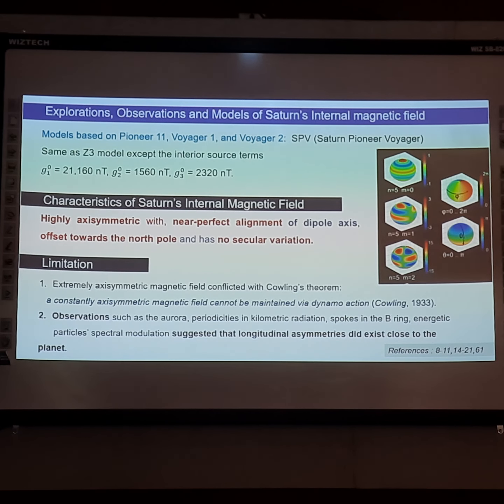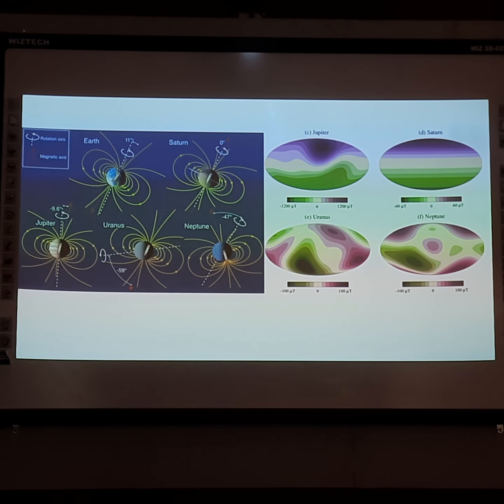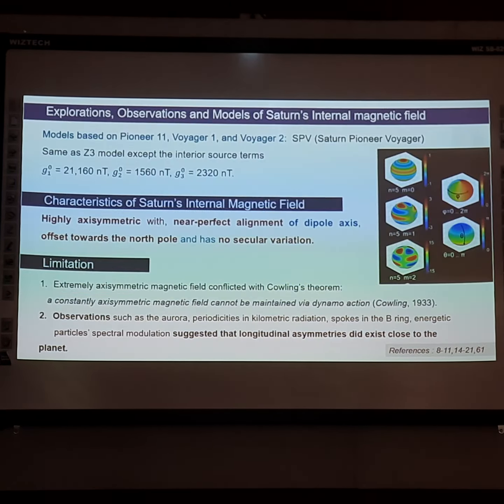That means it is symmetric, as I had shown before. If you look at it perfectly, there is no division on the vertical side of the planet in the magnetic field, whereas if you look at Uranus, there are so many non-symmetric terms, and the divisions are almost like a cloud. But in Saturn, this perfect alignment is